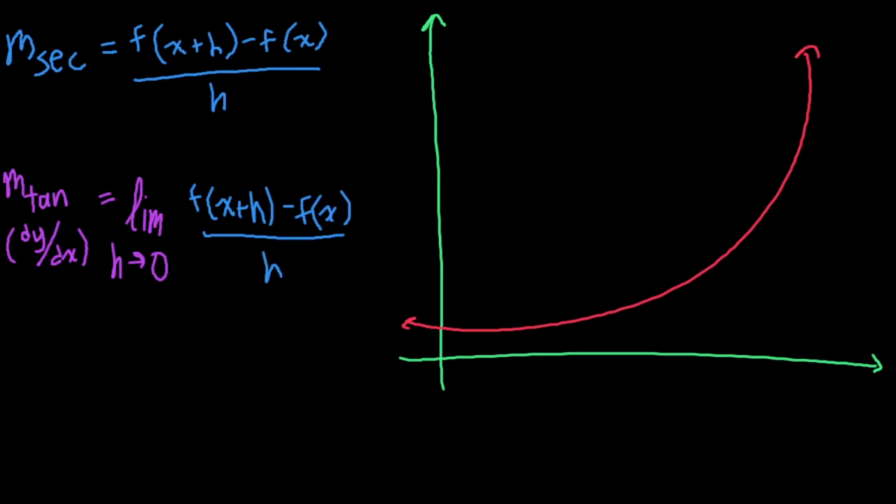Over here on the left side of the screen, I have the equation for a secant and the equation for a derivative, m tan or dy over dx. Both of these are the same thing. M tan just means the slope of the tangent, and the derivative is the slope of the tangent. The only real difference is that the slope of the tangent is written as the limit as h approaches zero, but most of it is just the same as the secant equation, so pretty easy to understand. I'm gonna draw the unit circle again,